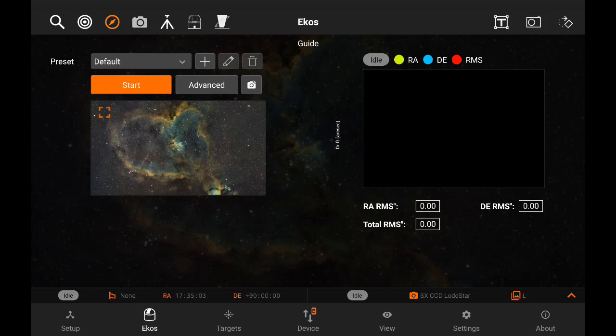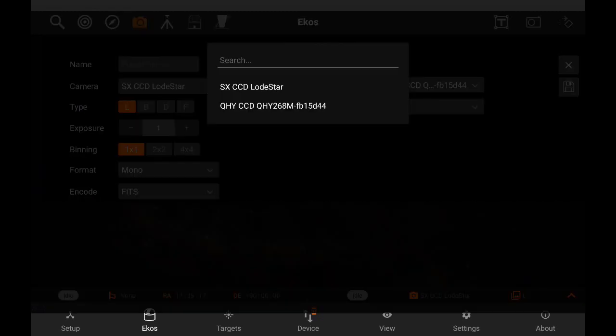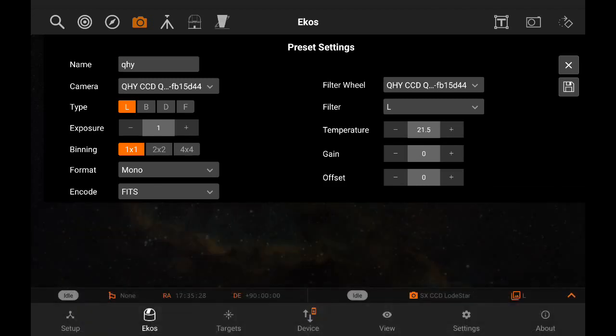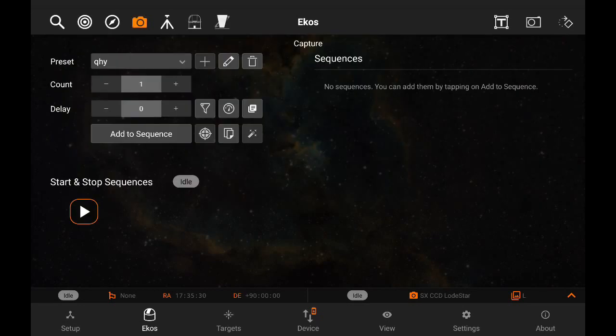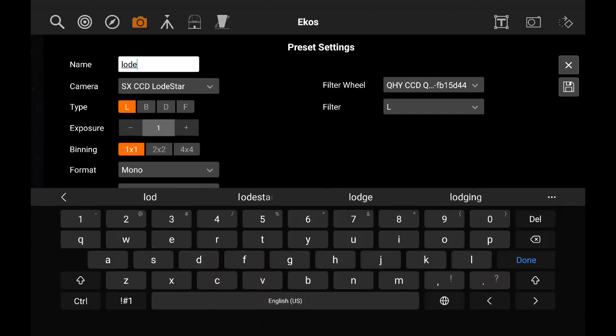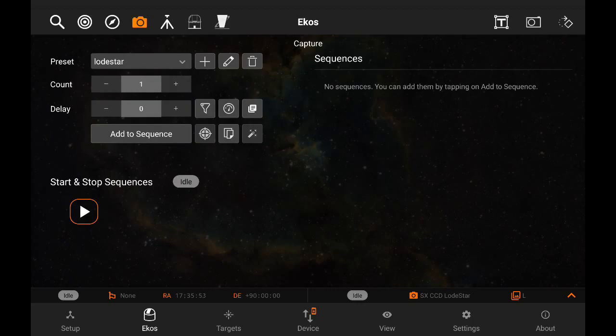To create your dark library, go to the capture module, and before we actually start, let's create a profile for your camera. I have two cameras here. I have a cooled QHY 268 camera, and so I'm just going to select the camera and leave all the settings as they are. This is my primary imaging camera. Then I have an uncooled guide camera, which is the Lodestar. We'll see soon that you treat these two cameras differently, whether they are cooled or uncooled. All right, so let's click Save. So here we created our profiles, and now let's go ahead and create our